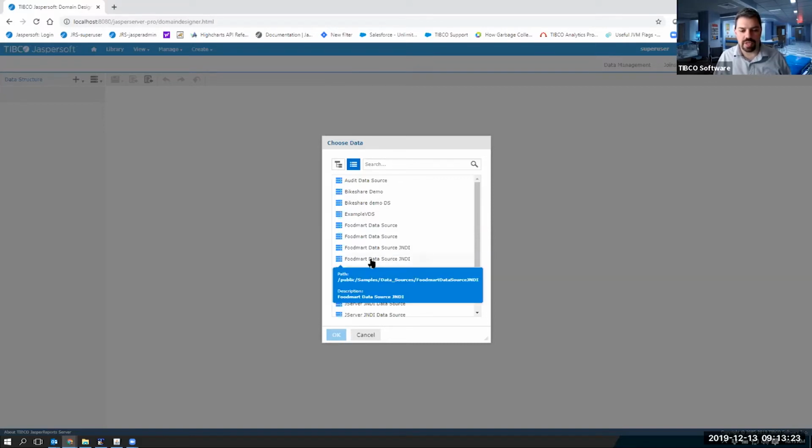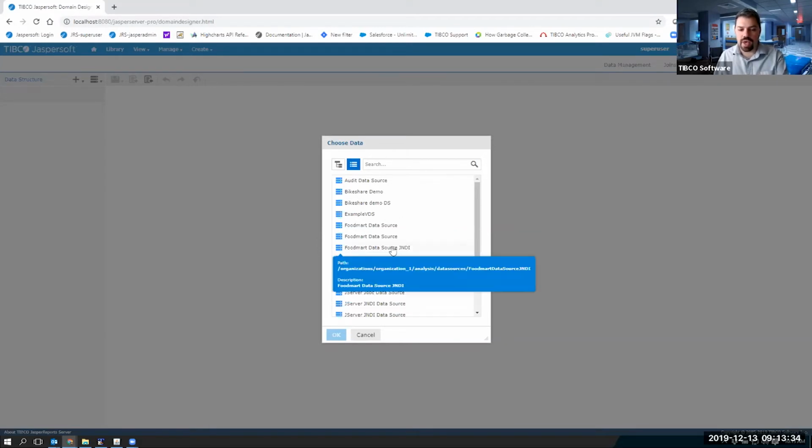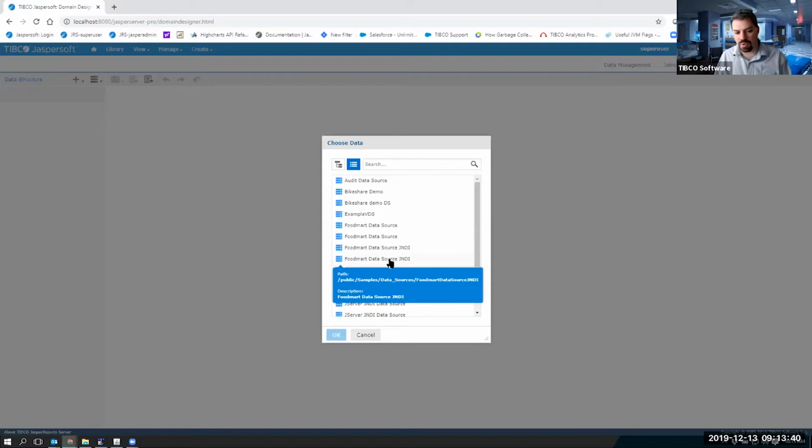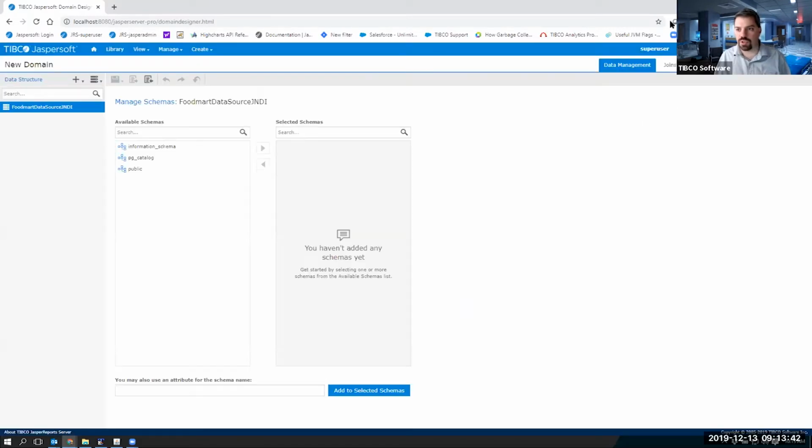The first step, I'm just going to walk you through real quick here, is to create a domain based on a data source. You choose your data source. If you have multiple data sources with the same name in different locations, notice that if you hover over, it will show you the path to where that data source is, so you know which one you want to choose. In this case, I want to choose the public one. I'm actually super user here, and remember, only people with admin level and above can actually create domains. Regular users cannot do this.